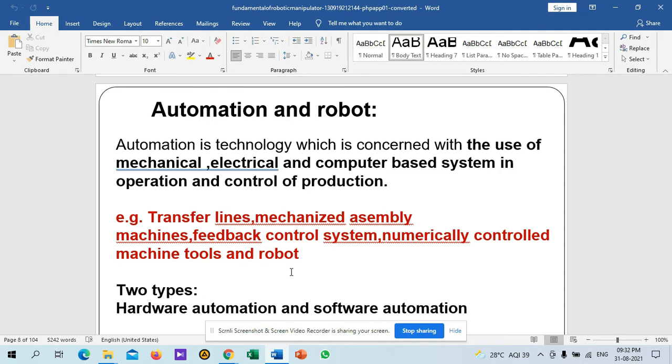What is automation? Automation is a technology that is concerned with the use of mechanical, electrical and computer-based systems in the operation and control of production. The use of machinery that can move by its own power, right? The same thing is here also, right? So now we move to